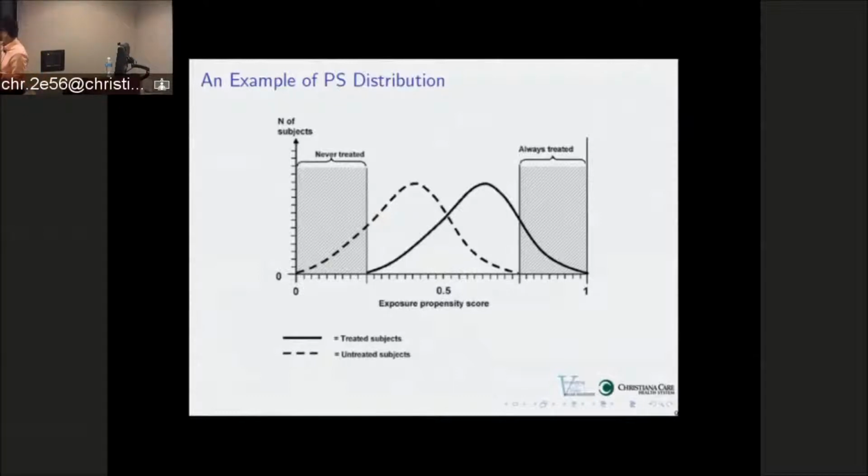This dashed curve is the distribution of the estimated propensity score for some control sample data. And this solid curve is the distribution of the propensity score for some treated sample data. This is not always true, but it is just an example. If these two curves exactly overlap each other, this is a randomized trial. If these two curves are isolated, with no overlap,